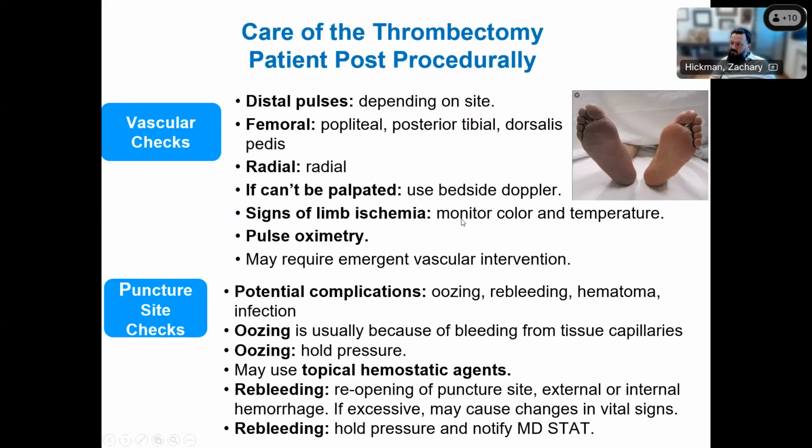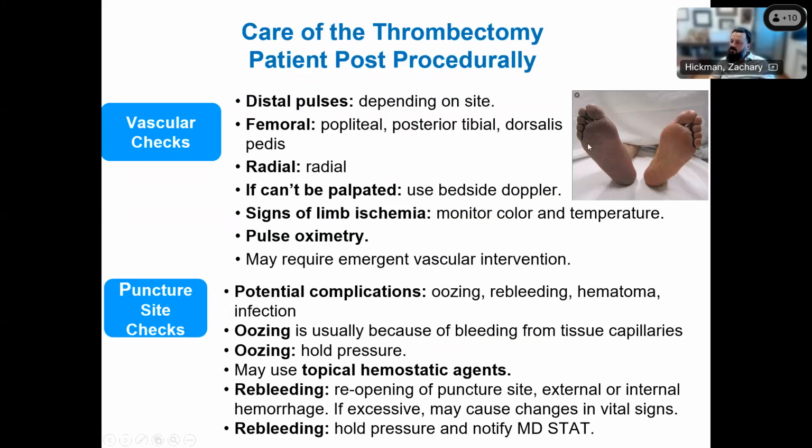Signs of limb ischemia include color change and temperature change. You can use pulse oximetry, just like they did during the actual thrombectomy, and put a pulse oximeter on the toe, which can potentially help. If there are changes in these things, that's a potential emergency. So if there's no palpable pulse, it can't be Dopplered, and there are signs of ischemia in the foot, like this picture here showing the patient's right foot being dusky and blue,